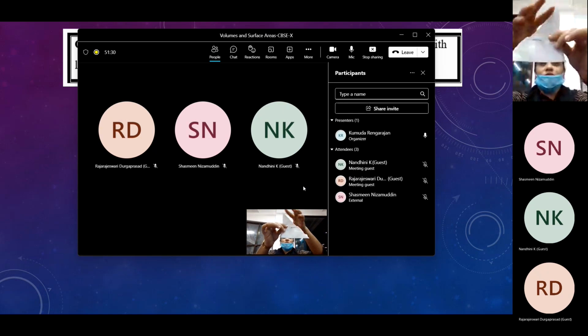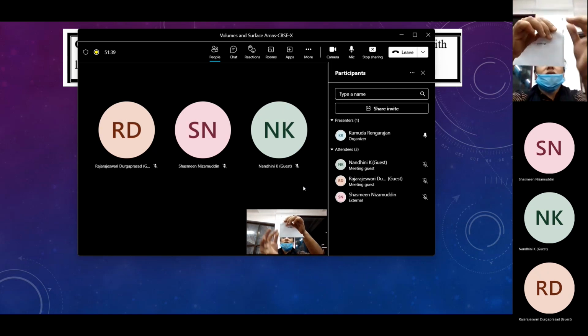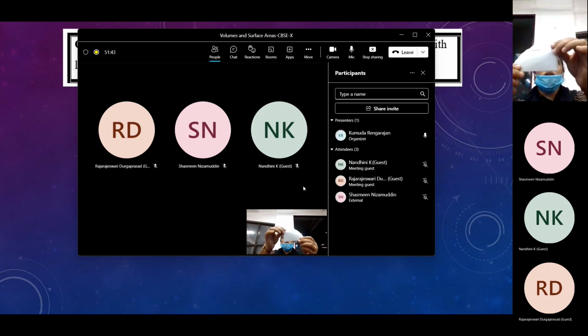This is the vertex that contains the right angle. Now, when you turn the right triangle about one of its legs, like this, and then bring it back to the original position,